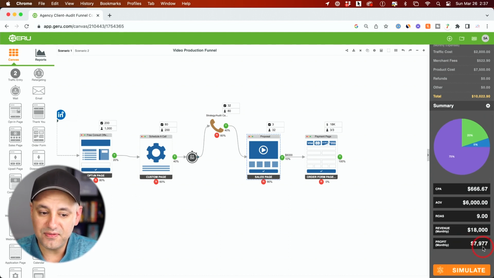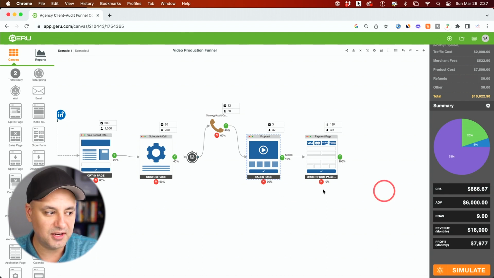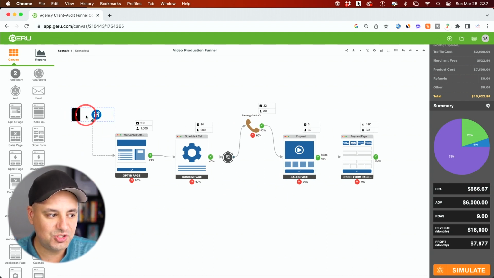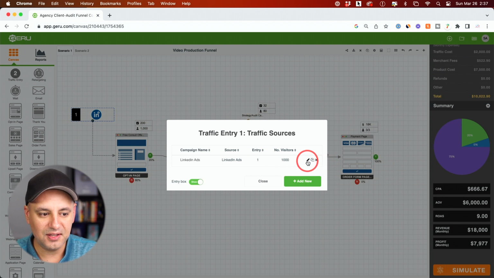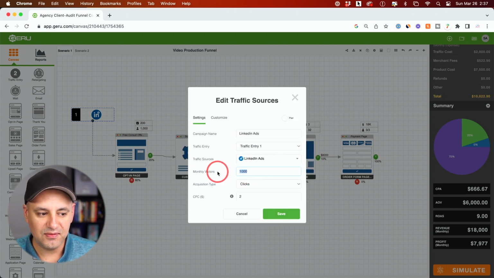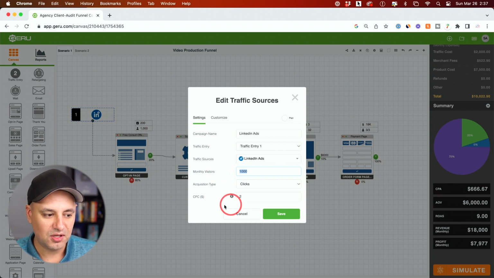Now look what happens if I tweak some of these numbers. This cost per acquisition basically tells me how much it cost me to get a client. So $6,000 was the video size, 10% of that went into getting the client. Now look what happens if I just don't do enough here, okay? Even if I was doing cold outreach, even if I did any type of marketing that didn't cost anything. In this case, I'll keep paying $2 per click, but if I only ran enough ads to get